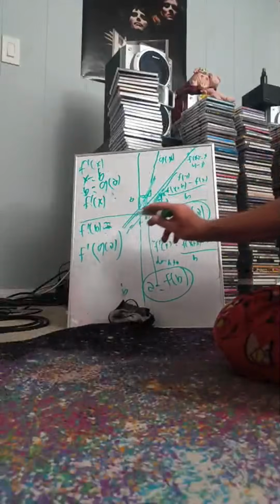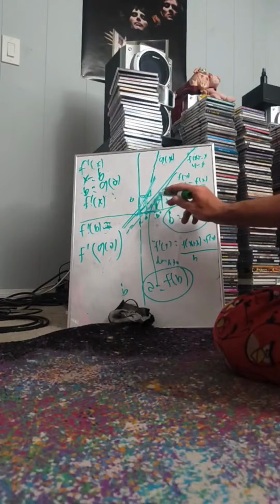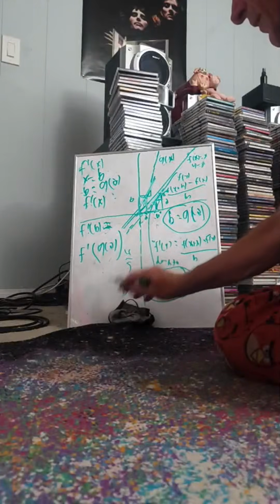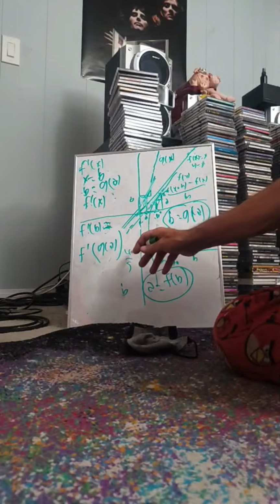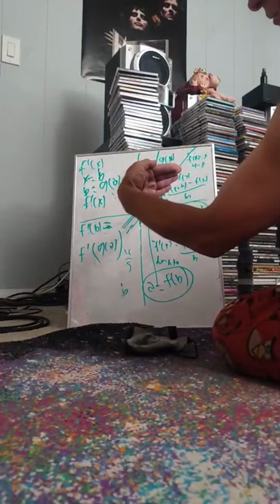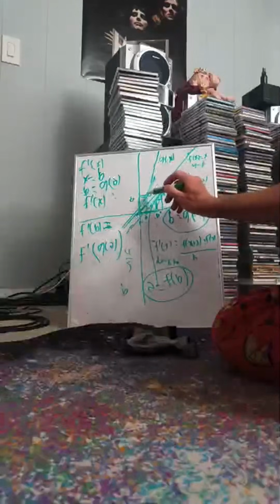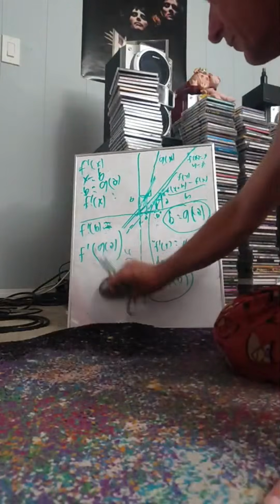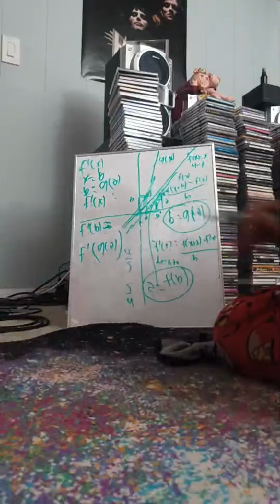But f prime of g of a is this slope. In the other example, I said it was 4/5, slightly less than 1. The rise over run is 4/3. The rise is less than the run, so it's less slope than 1. But that's equal to this. That's the inverse of this slope here, which is greater than 1 because it's 5/4, and that is the slope here, which is